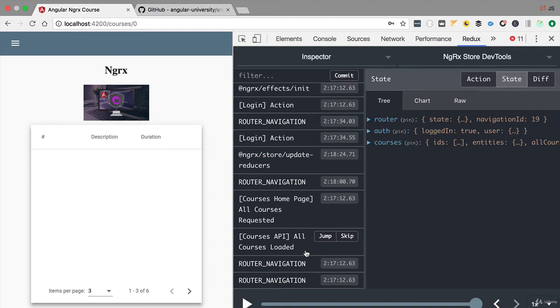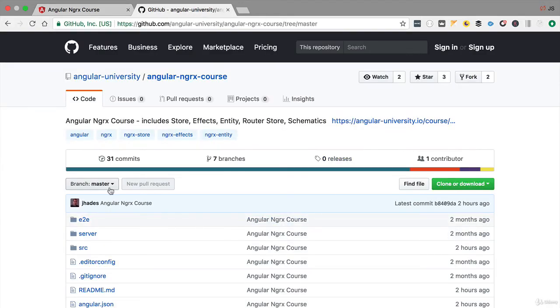To demonstrate an added benefit of the store architecture, we are going to improve the performance of our UI by refactoring to use the Angular on-push change detection mode. So as we can see, there is a lot to cover in this new section, so let's go ahead and